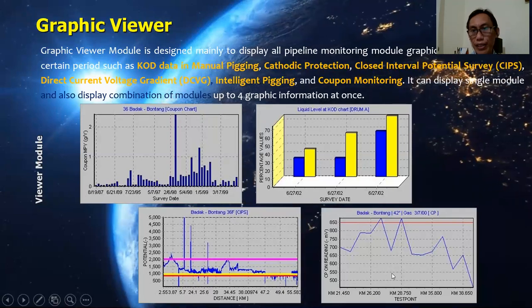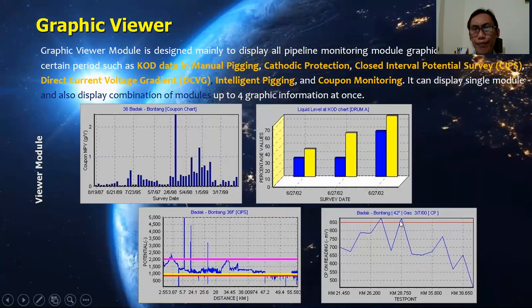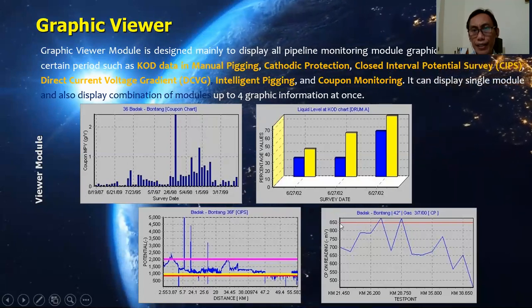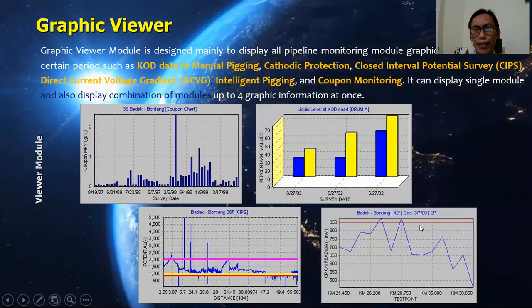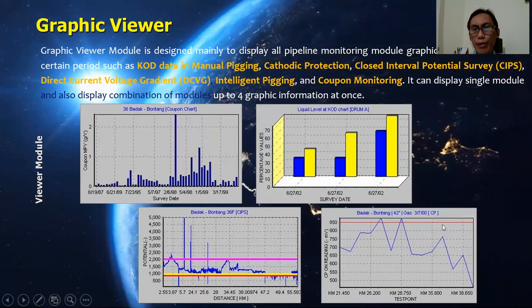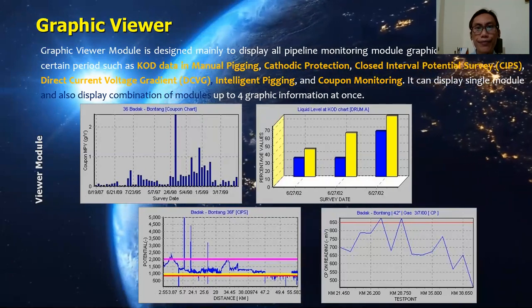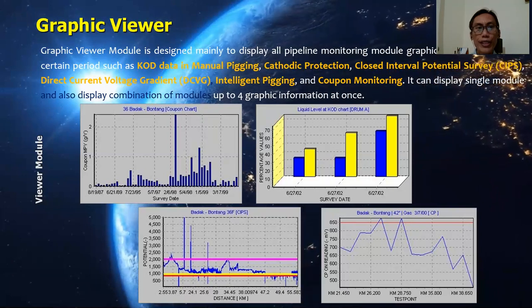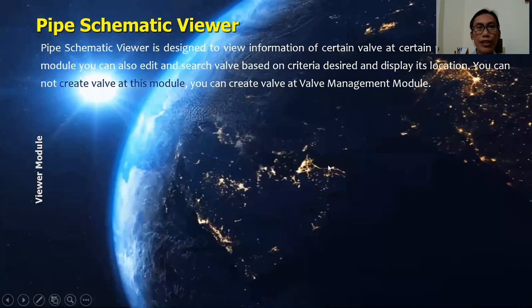Similar to this is the CP data. This red line means the maximum limit data can accept. So we continue. Pipe schematic viewer.